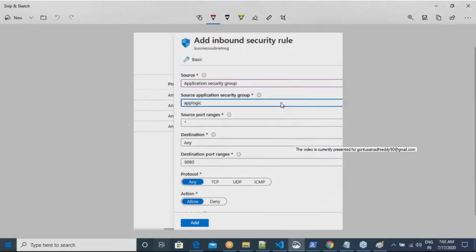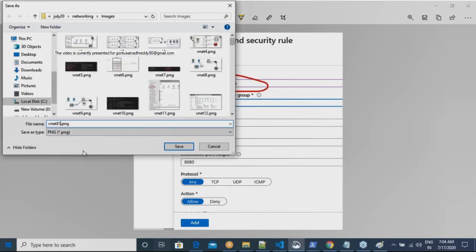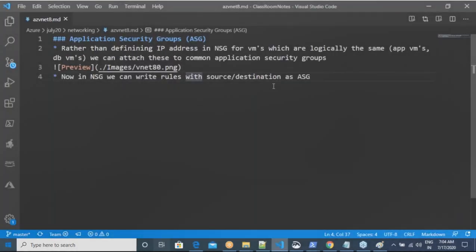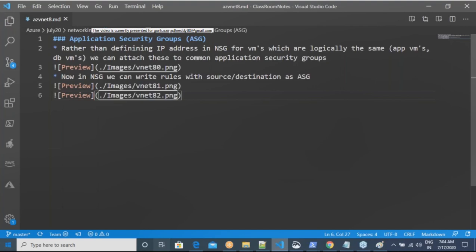Okay. So your source can be an application security group, or if you are writing two rules, then your destination also can be an application security group. So enabling communication between multiple layers of your system would be dead easy with ASGs. But ASGs as such will not have any rules. An ASG is just a label or a sticker kind of thing. Am I clear on this?